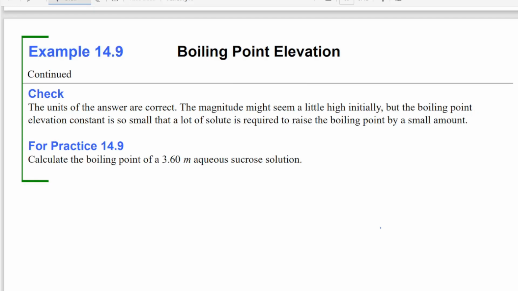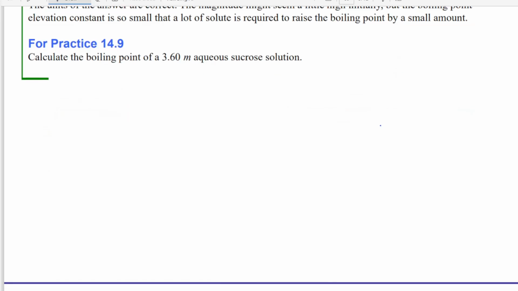Next, we'll work practice 14.9 for boiling point elevation. Practice 14.9 says, calculate the boiling point of a 3.60 molal aqueous sucrose solution. Again, this is a non-ionic solution. So the change in boiling point is equal to the molal concentration times K sub B for water, which is equal to 3.60